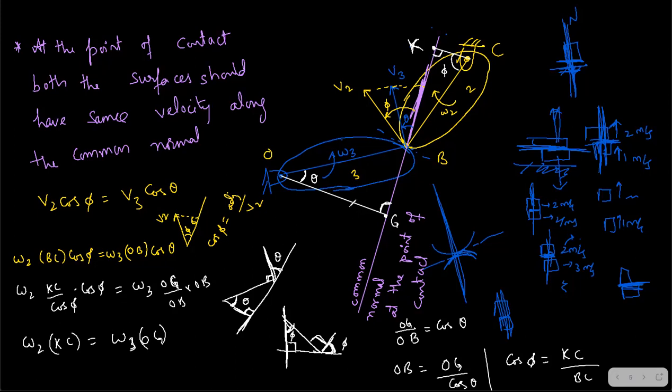But KC and OG, so I feel there is a better manner. How can we do it in a better manner? What we do is we join the centers, because the distance between the centers will never change, right? We are going to connect the centers of the two shafts. See, I connected the centers of the two rotations. So they are intersecting at a point, right? They are intersecting at a point on the common normal, right?